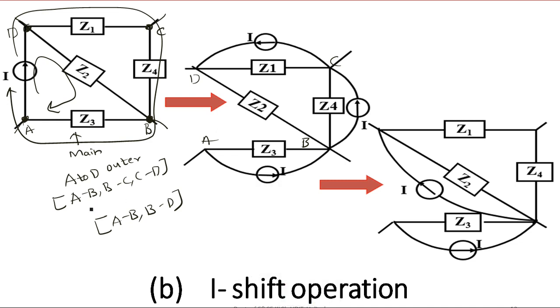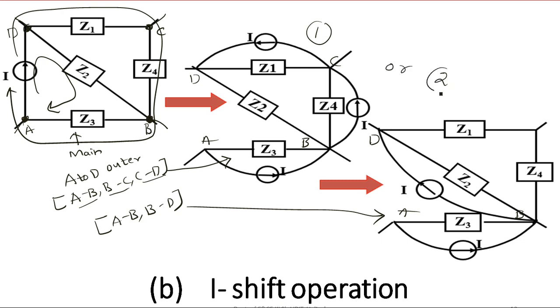So if you consider the first point, this is where we have the path A to B, B to C, and C to D. This is how we can represent the current source direction. And the shortest path is this one. You can use this also, A to B, then B to D. So if I modify the circuit in this way, either this way or this way, the behavior of the circuit will not change. It is still the same. But what we have done is made it convenient to apply source transformation.